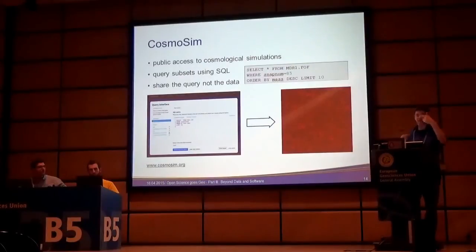The idea behind that is kind of similar to what you guys do at Google. We want you to share the query, not the data, so you don't need to send around